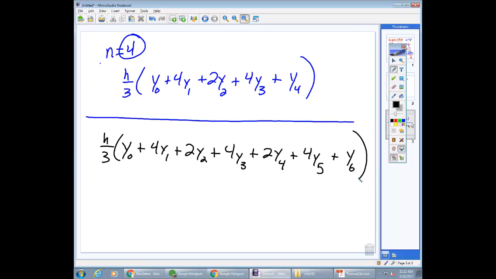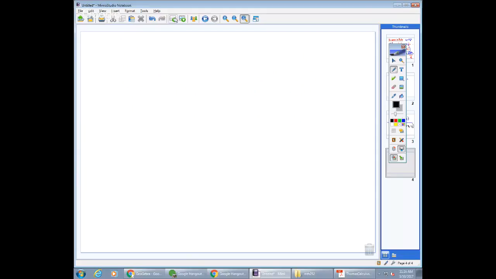Okay, so that gets a little bit trickier. So I'm not going to prove how I come up with it, but I'm going to write down the formula for Riemann sum because, you know, if somebody said I need 100, I don't really want to write out 100 y values like that. I could program a spreadsheet to do it. I could write a little program to do it otherwise, but since most computer systems have some kind of sum sequence option, a Riemann sum would be nice. So the Riemann sum version, new page. Consider that n is even,